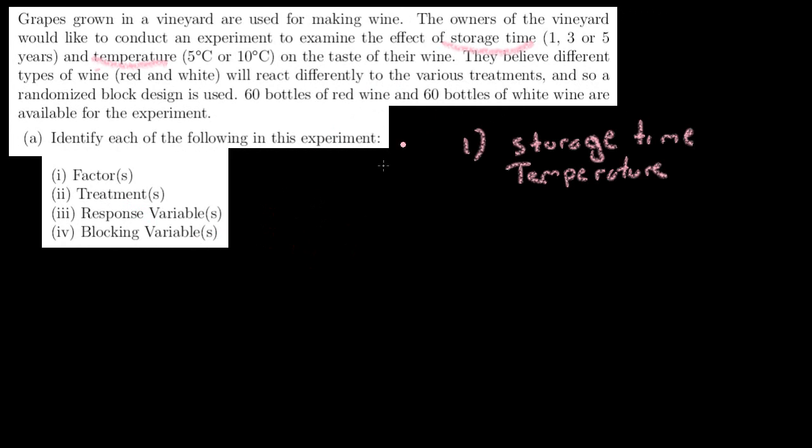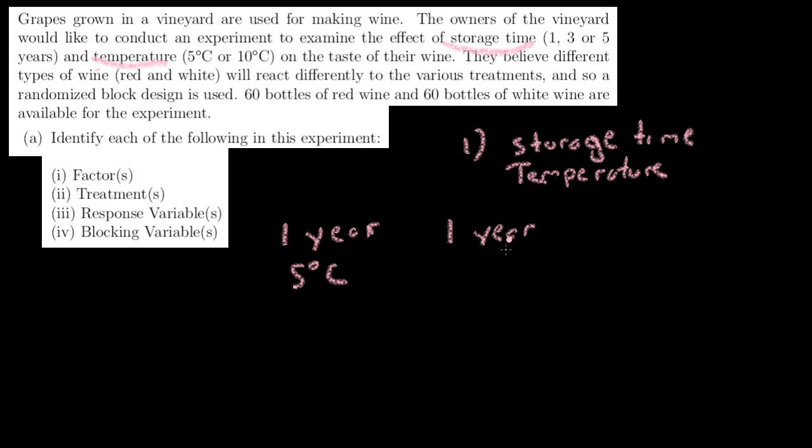Well, there are various treatments. Treatments are like a subset of the factors. So the treatments, we can have 1 year, 3 years, or 5 years. And of the temperature, we can have 5 degrees Celsius or 10 degrees Celsius. Now we can have a storage time of 1 year, and with 1 year we can have perhaps a temperature of 5 degrees Celsius, so 1 year and 5 degrees Celsius, or we can have 1 year and 10 degrees